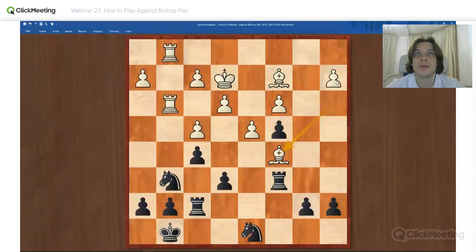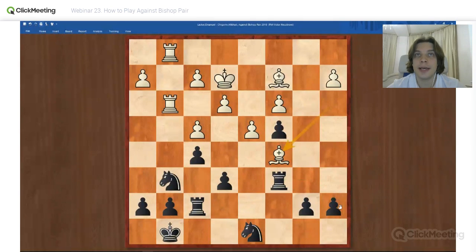So what to do? Rook a6 or a6. What do you think? So this or that move, which to play? Rook a6. Okay, yeah, looks like everyone thinks that rook a6.